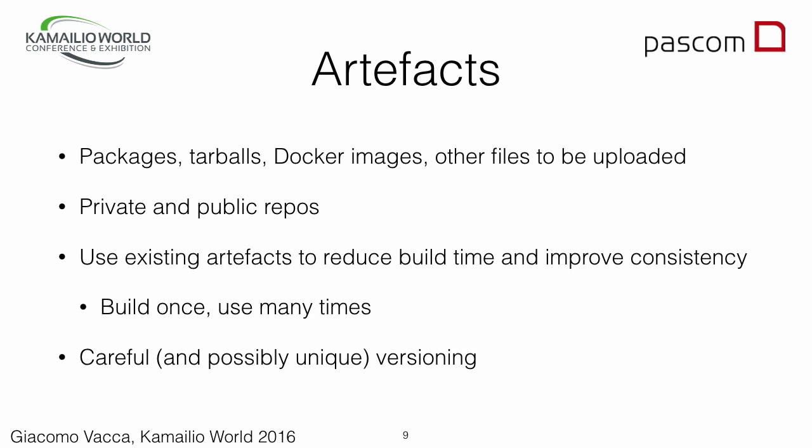The repos can be private or public, of course, but one thing that is important is how you get from the original Git commit into production. So the ideal scenario is where you build once, you test it throughout all the stages and all the environments, and you release basically what you built just once, because every time you rebuild, there is some risk